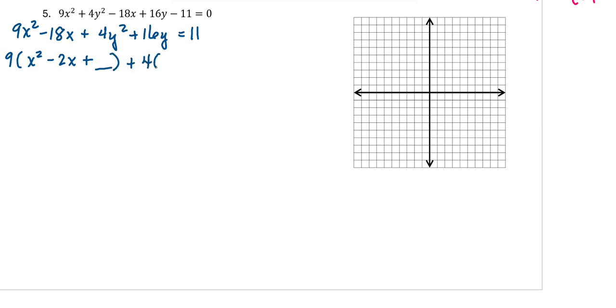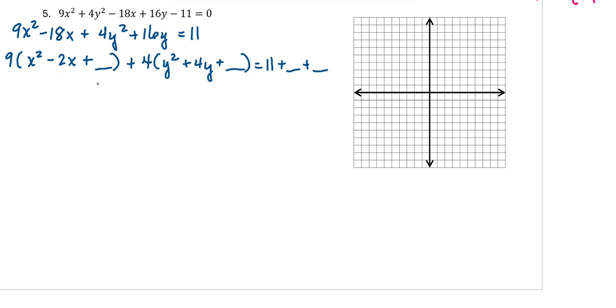And then for the y's, we're going to factor out a 4. And then we're going to have 16 divided by 4 is 4. So plus 4y and then plus something equals 11 plus something plus something. All right, so,